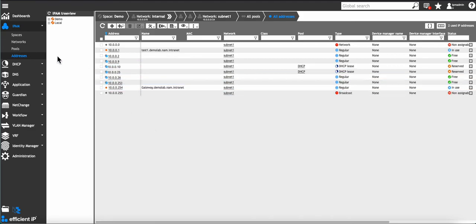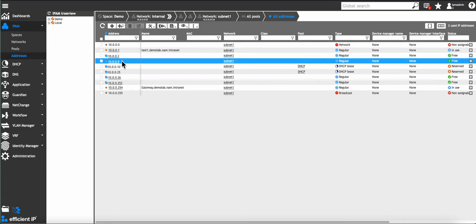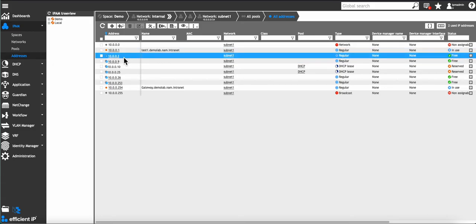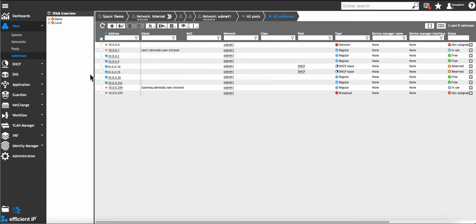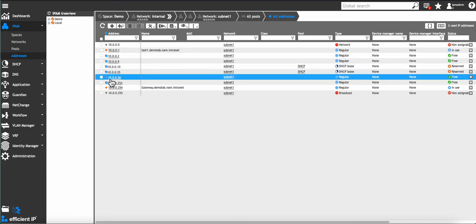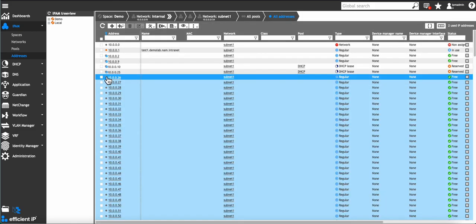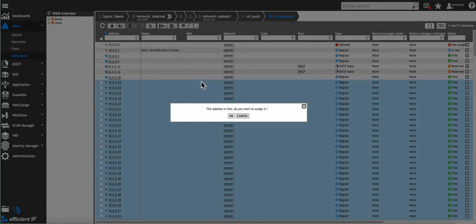So if you go to DNS and create a record, it'll make the reservation inside of IPAM. But the way we like to do things, since everything starts with an IP, in your operational activities, you select your subnet that you want to work with, and as soon as you click one of those IPs